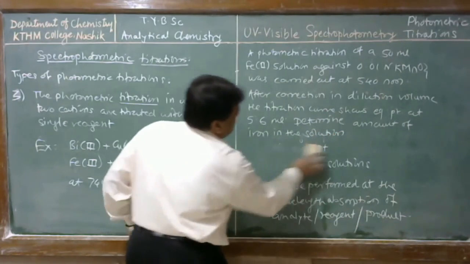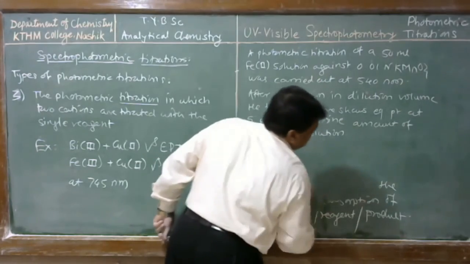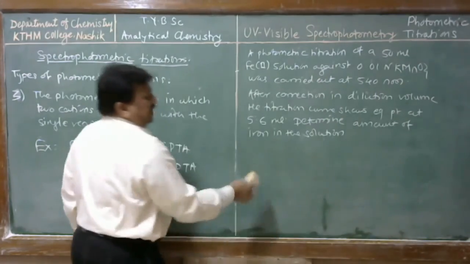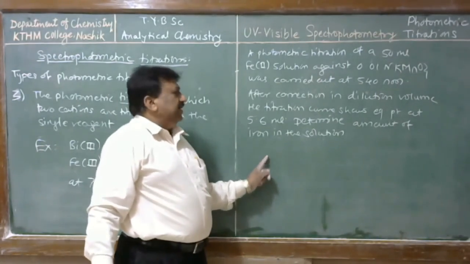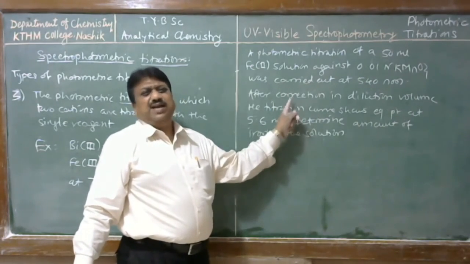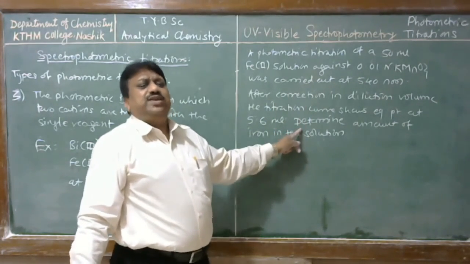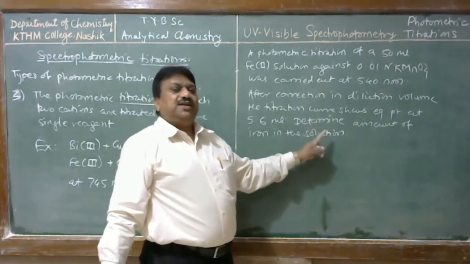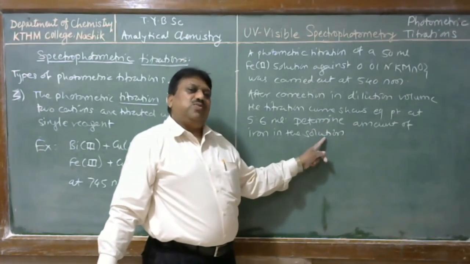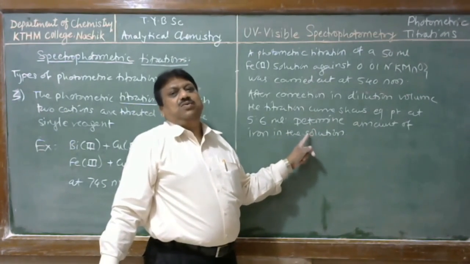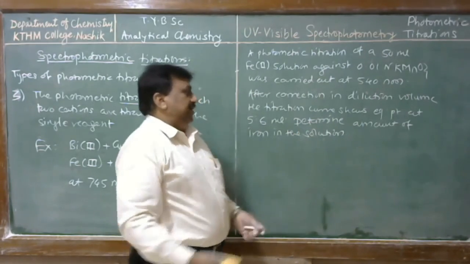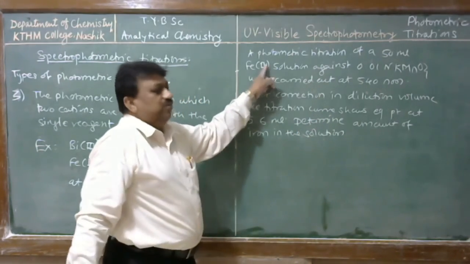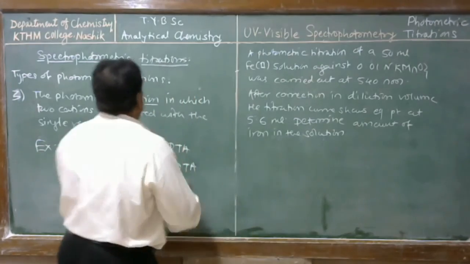Now in this case, iron second is titrated with potassium permanganate, and here iron second is converted to iron third and KMnO4 is decolorized. After completion of reaction, KMnO4 remains unreacted and we have the equivalence point. Therefore here in this titration we have to find out the amount of iron in the